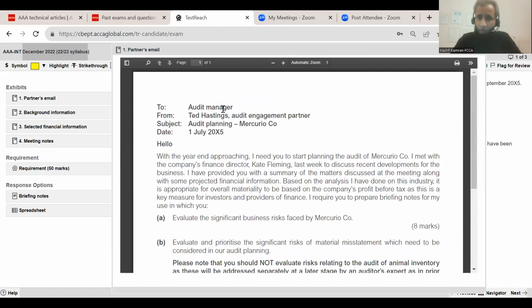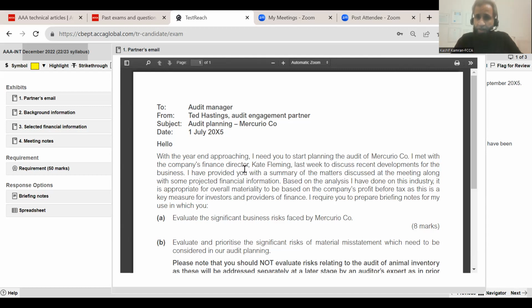It says, to the audit manager from Ted Hastings, the audit engagement partner, subject audit planning, Mercury Company, and the date is the 1st of July. The partner says hello to the manager. With the year end approaching, I need to start planning the audit of Mercury Company. I met the company's finance director, Kate, last week to discuss recent developments for business. I have provided you, meaning the manager, with a summary of matters discussed at the meeting, along with some projected